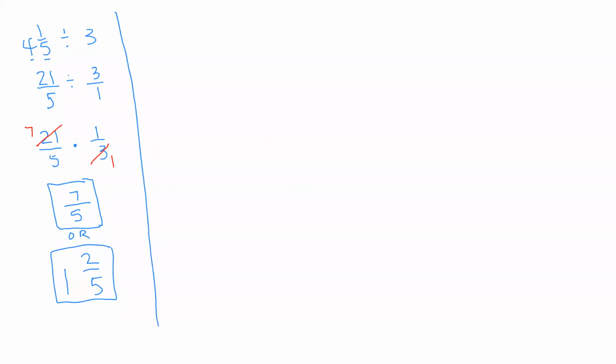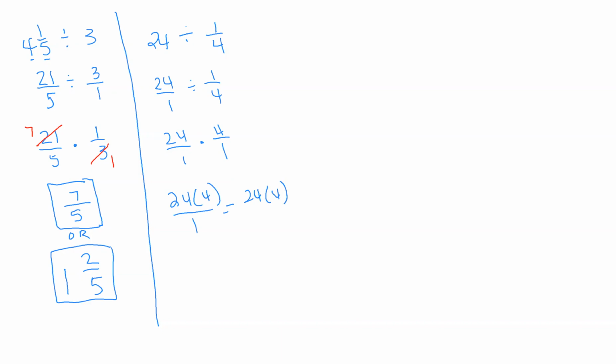Let's try another one. Let's say I have 24 divided by 1/4. All right, first of all, everything needs to be improper. So I get 24 over 1 divided by 1 over 4. All right. Convert to multiplication. First fraction stays the same. Multiply by the reciprocal of the second fraction. So at the end of the day, we're just going to get 24 times 4 over 1, or just 24